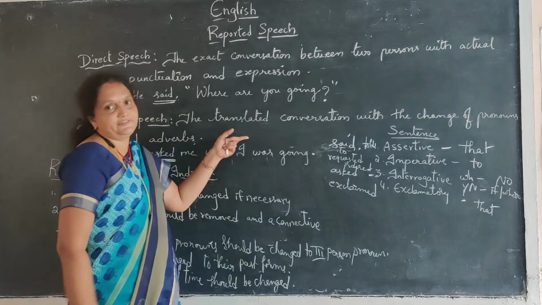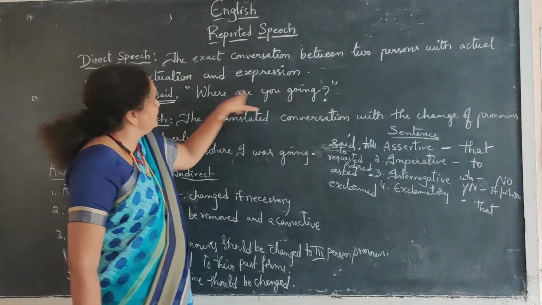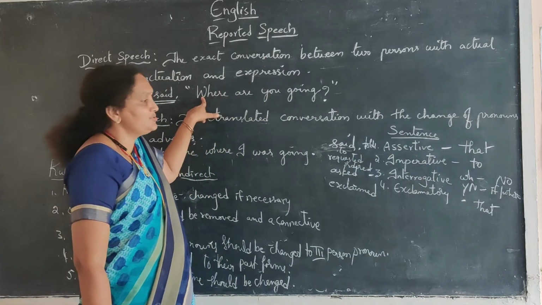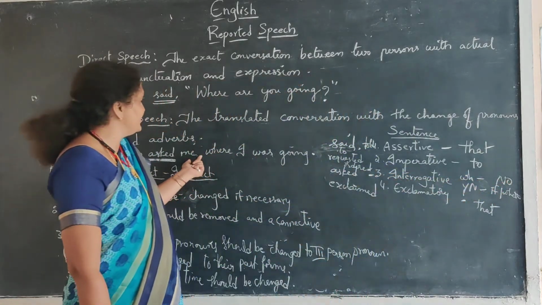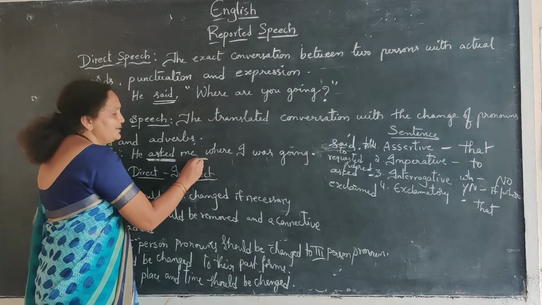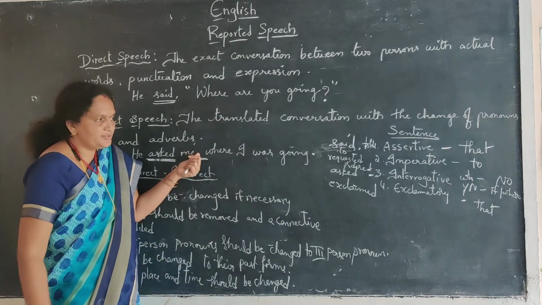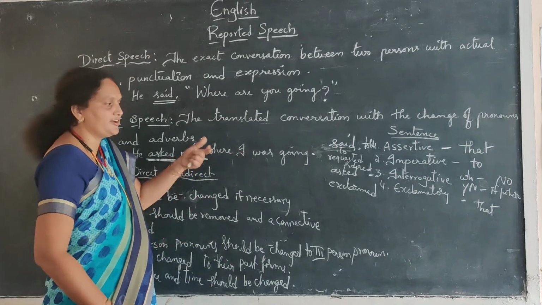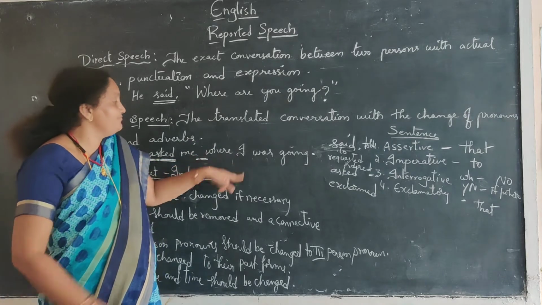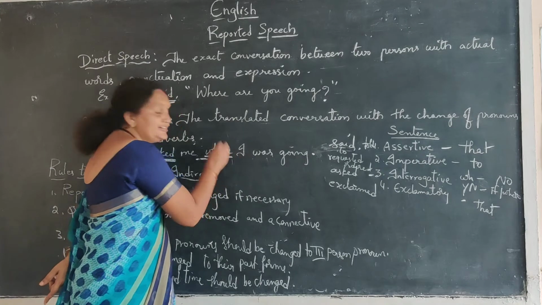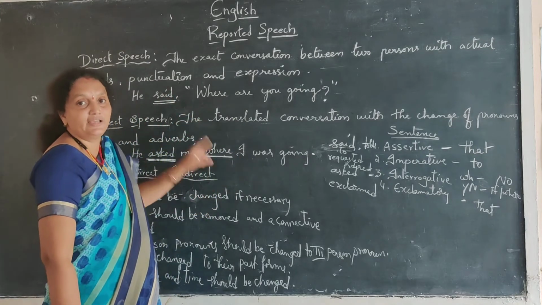You should identify first. See that it is a double H question. So there is no connective here, so I did not use any connective. "He asked me." I did not use that, I did not use to, I did not use this if or that. Nothing I used. "He asked me where." The double H word itself you used as a connective.